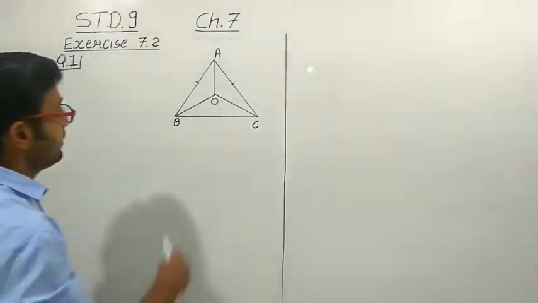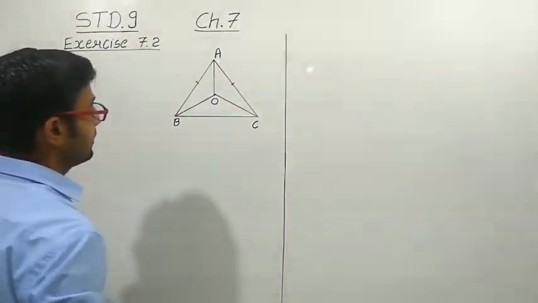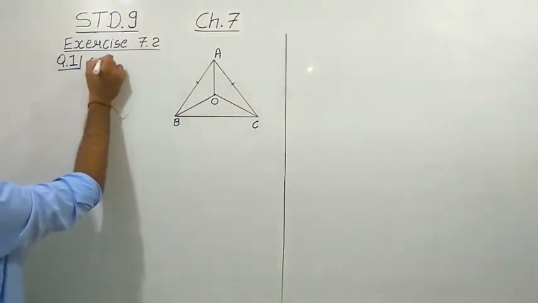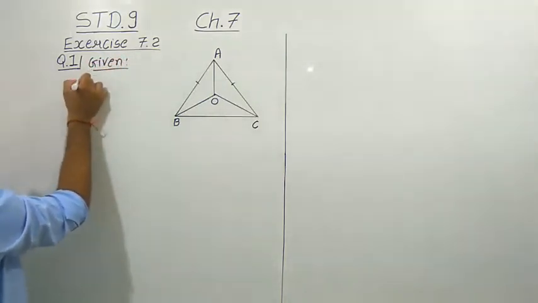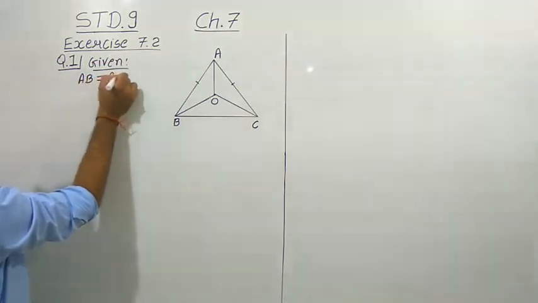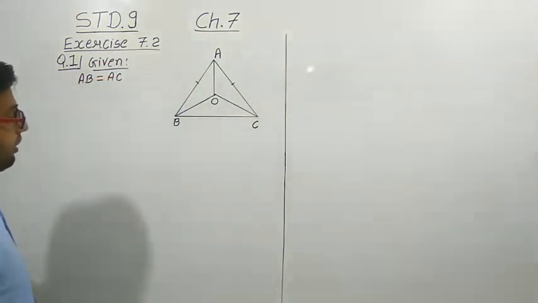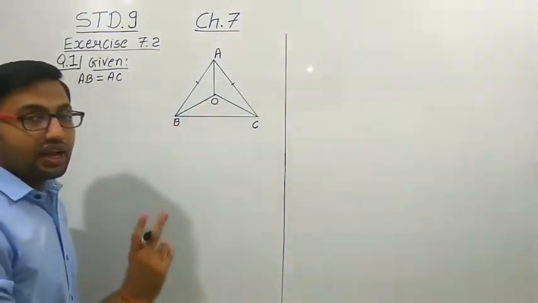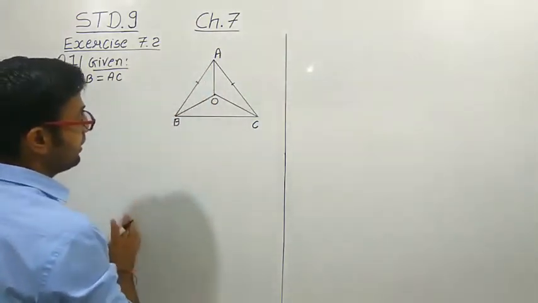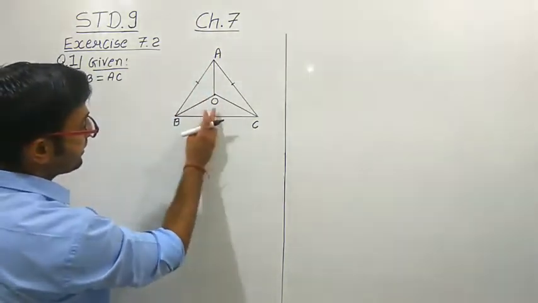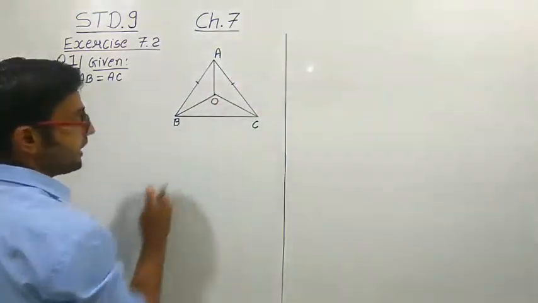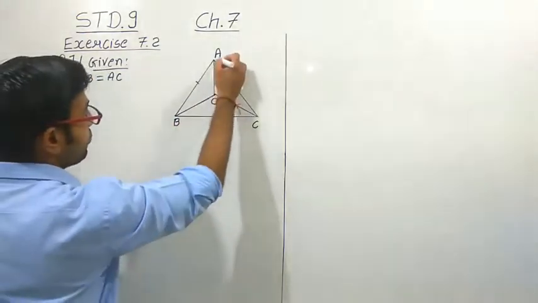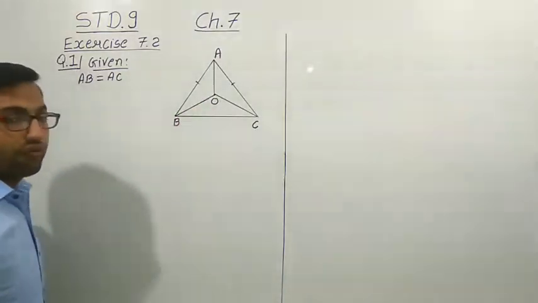So see here, let us consider the triangle ABC with AB is equal to AC. So we can write this in the given condition that AB side is equal to AC side, right? One more thing we have given is that BO is the angle bisector of angle ABC. In the same way, CO is the angle bisector of angle C. Both angle bisectors meet each other at a point O. When we join A to O, we get this type of figure.